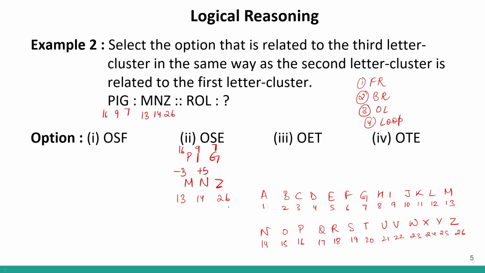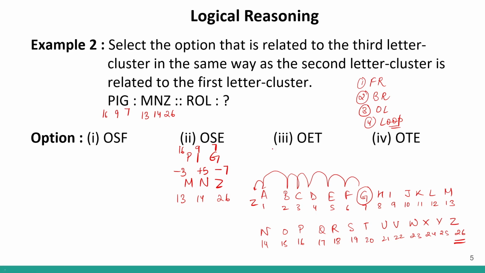Now from 7 to 26, there's one way, that is forward rank, but the other way is from G, if I go backwards to Z, 1, 2, 3, 4, 5, 6, and due to looping, the previous letter will be Z. Correct? This is how you go back with looping. So if I go from G to Z, that means I am going 7 ranks back. So I can see minus 3, plus 5, minus 7. This is a sequence. This is the logic.